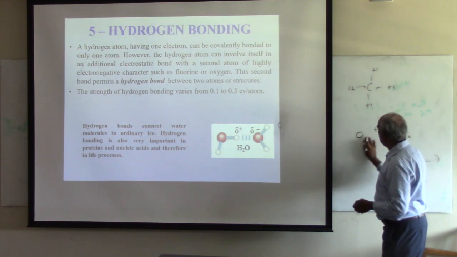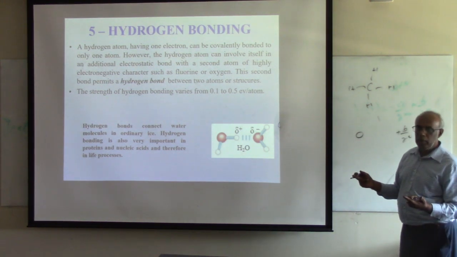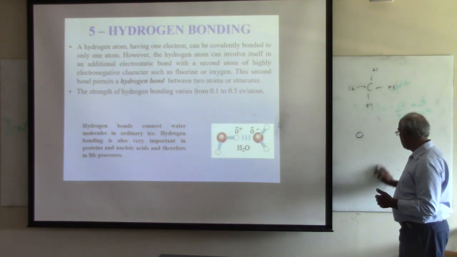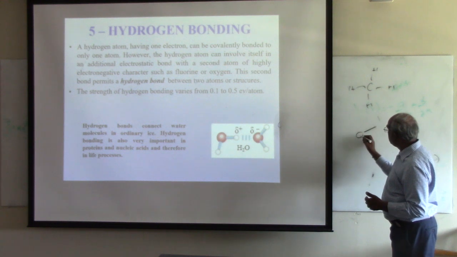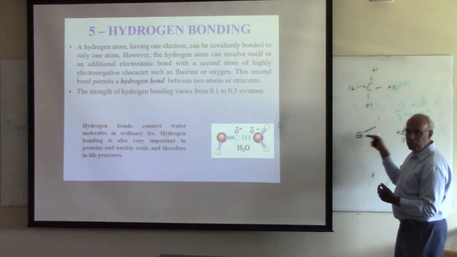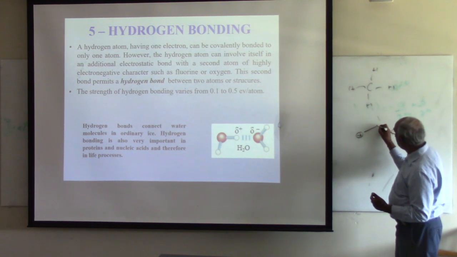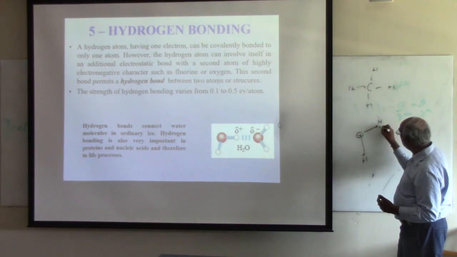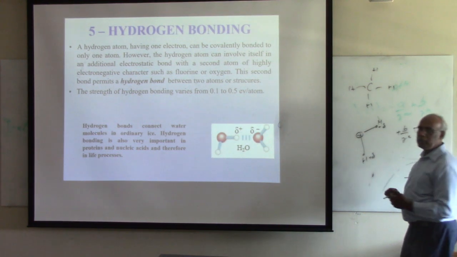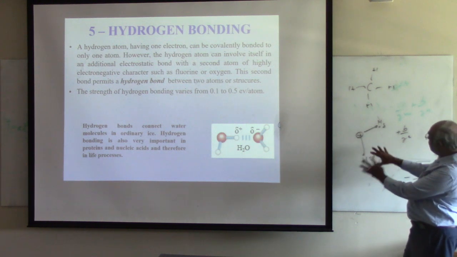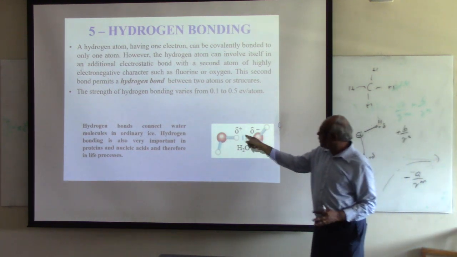Oxygen is a highly electronegative atom, right? Fluorine is one of the most electronegative elements. Because of this electronegativity, it takes more negative charge. So that means this hydrogen becomes more positively charged. Now if I put these molecules together,